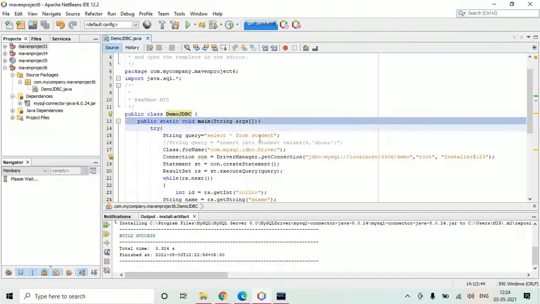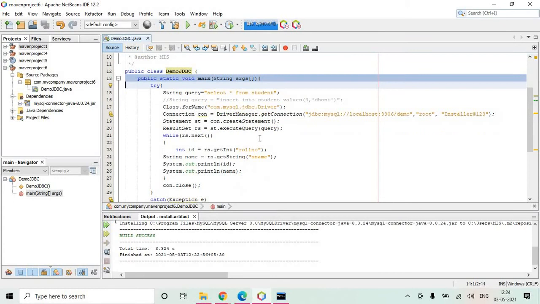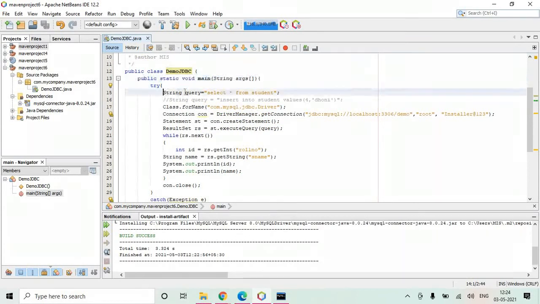We have written a main function, and the query that we want to execute. So first we want to select all the data that is available in the student table. We have created one query variable. We will use it later here for submitting it to the database.